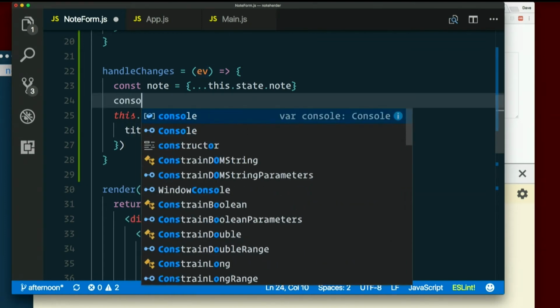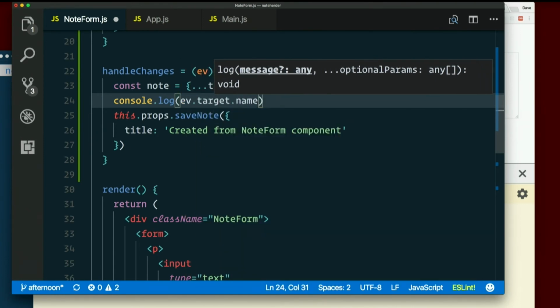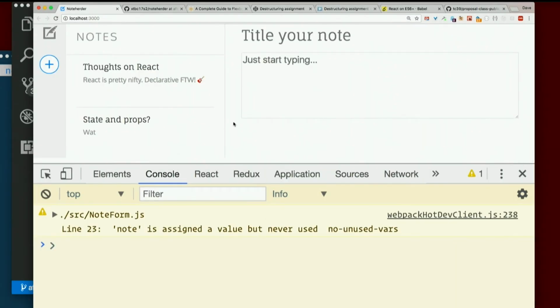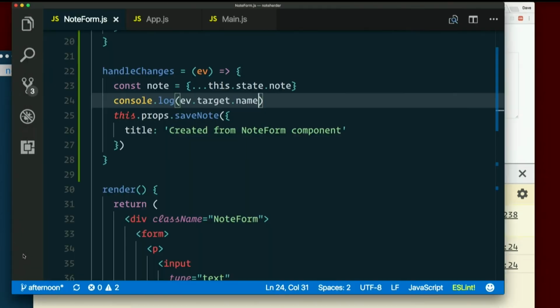So what would event.target.name be? Title, body. The point being,